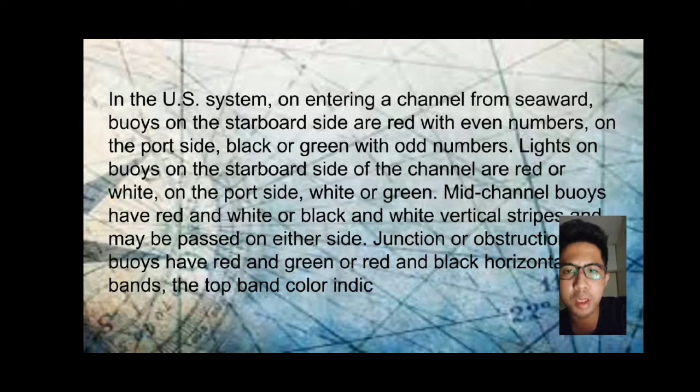Mid-channel buoys have red and white or black and white vertical stripes and may be passed on either side. Junction or obstruction buoys have red and green or red and black horizontal bands. The top band color indicates